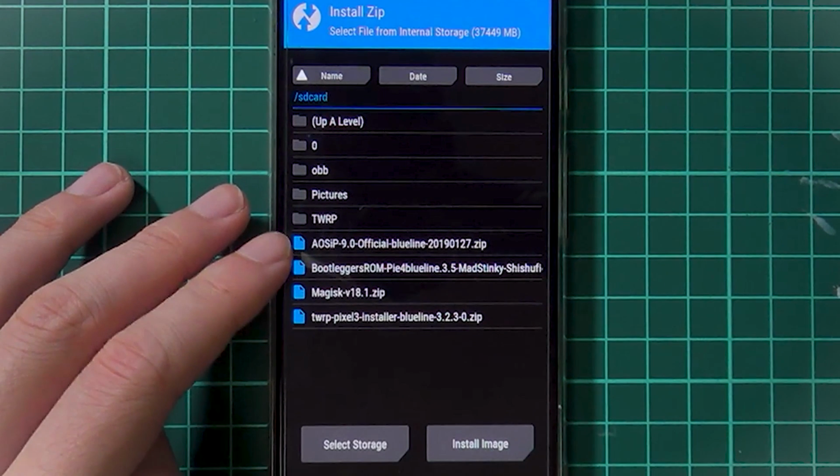Okay, so quick note about this. If you go to your SD card and you see that it doesn't look quite right, you can see 0, OBB and maybe the TWRP folder, and then of course the things that you've copied over, you may have an issue with TWRP mounting some other kind of data partition, or at least a different mapping of it. If you do experience this, I recommend that you flash the ROM first and any other associated zip files,